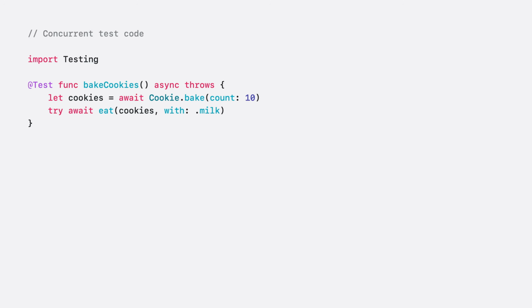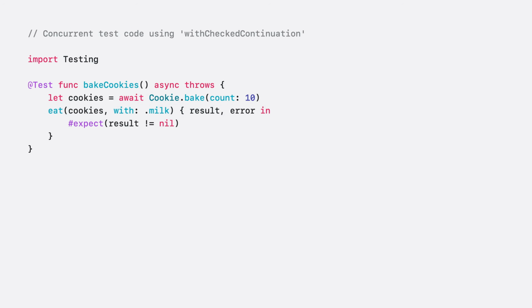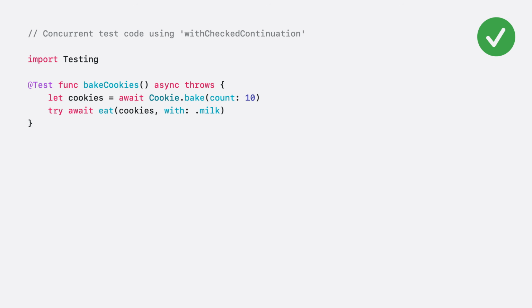When writing concurrent test code, you can use the same concurrency features in Swift as you would in your production code. Await works exactly the same way and will suspend a test, allowing other test code to keep the CPU busy while work is pending. Some code, especially older code written in C or Objective-C, uses completion handlers to signal the end of an asynchronous operation. This code will run after the test function returns, and you won't be able to verify the function succeeded. For most completion handlers, Swift provides an async overload automatically that you can use instead.